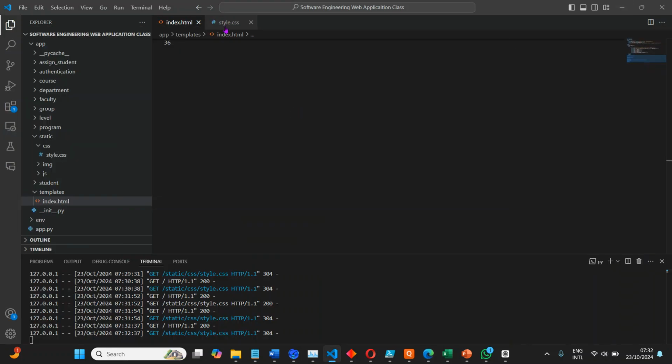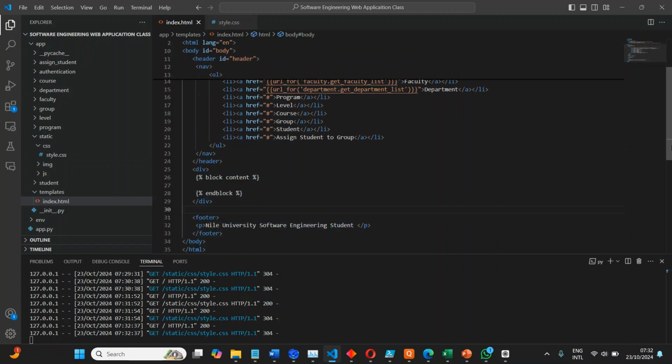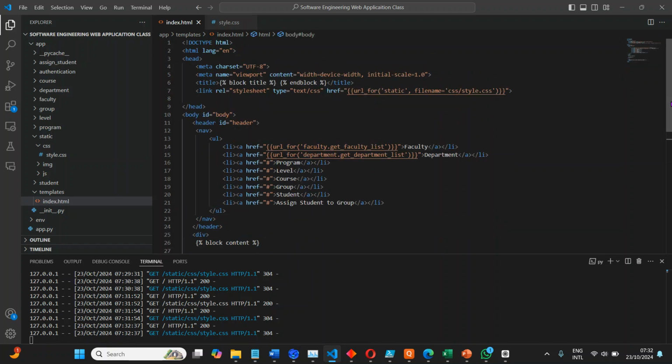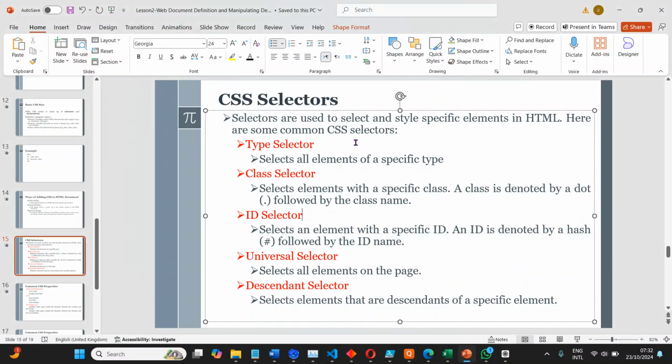Okay, it works, but it's not really good design to use the same ID for different type selectors, right? So let's look at the other one. Now we've understood the type selector, the class selector, and the ID selector, then the universal selector, which is denoted by a star symbol like this. Once you use the universal selector, it applies to all the HTML types that we have